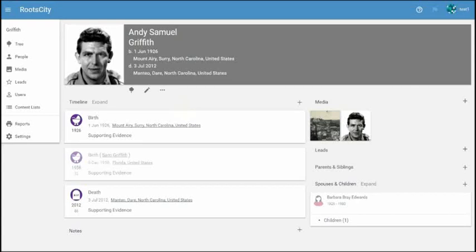One of RootsCity's most powerful features is the ability to easily add multiple facts and events from a single source. For example, let's say I've come across a marriage record for Andy Griffiths and I want to add all the information and relationships it documents. To do this, I'll click the plus symbol over here to the right of Andy's timeline, then I'll click Add